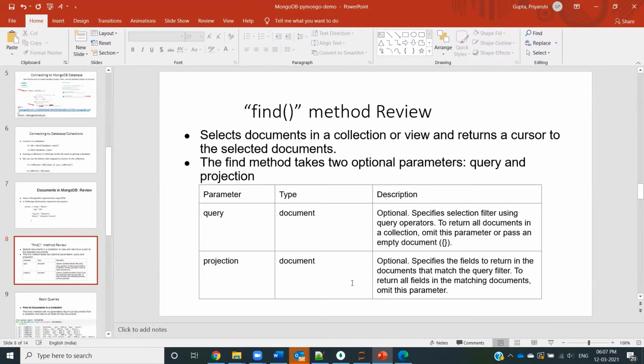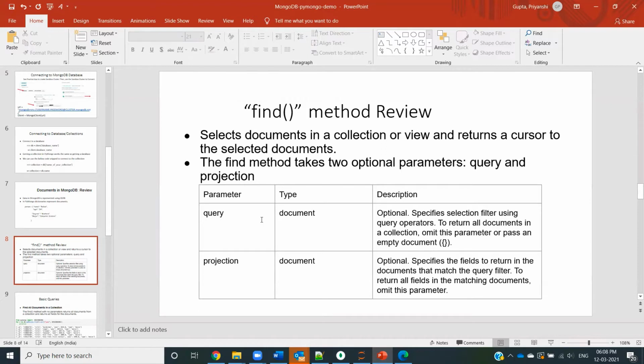So the first function that we'll be reviewing is find. If in a collection you want to find a specific document pertaining to a specific filter, you can use this specific function called find. It has two parameters. First is query and second is projection. So query is nothing but a filter that you will give this function.